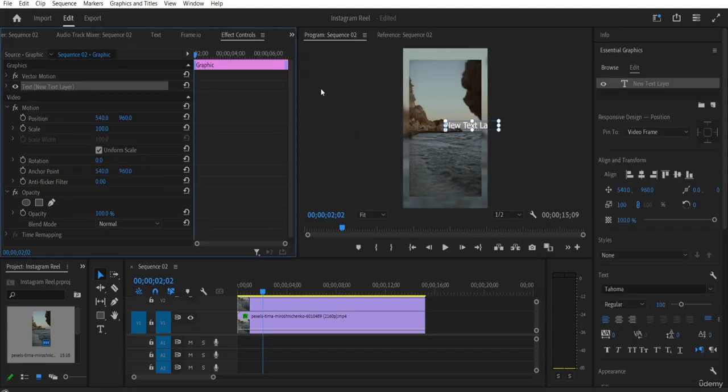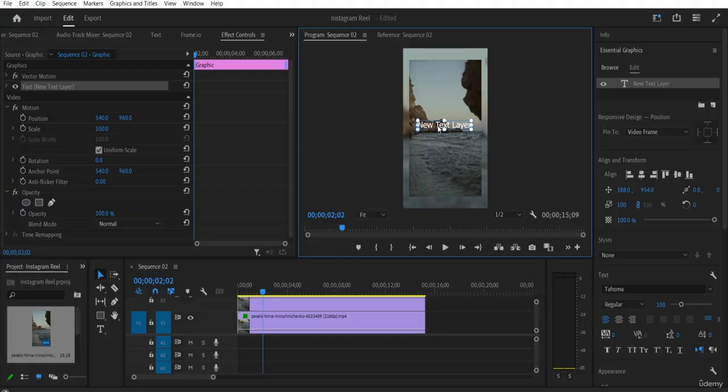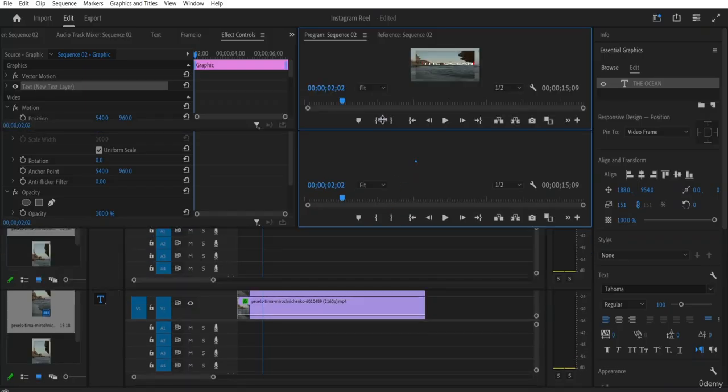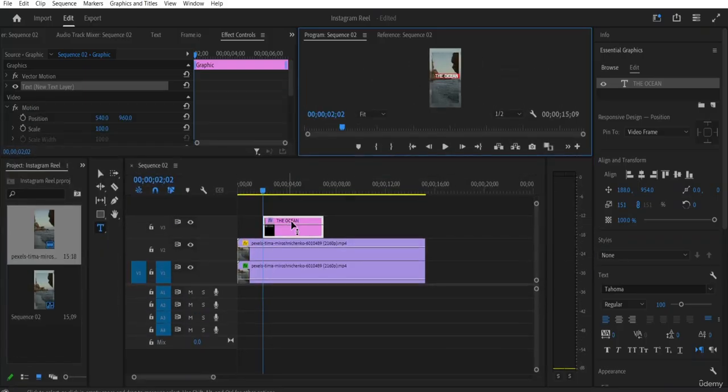Okay, so here as I have selected the text option, you can see I have a page right over here. And what I can do is increase the text size if I want. So I will click on backspace and I will write the sunset or the ocean. Okay, so I will just write the ocean right over here. And now you will also be able to see the motion graphic templates which I have used right over here. If I just bring it here on top,